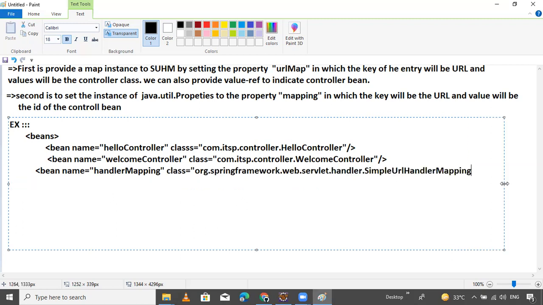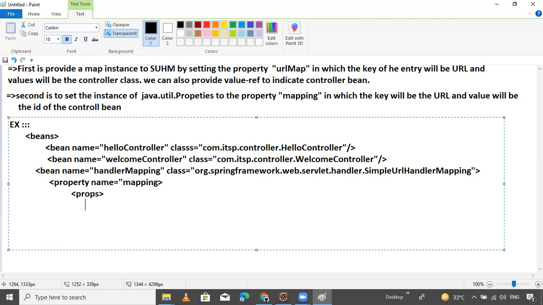Now you can provide it like that. Close this. Here you configure the properties using the property tag. Suppose the property name is mapping. Inside the property tag, we have props, which means any properties are there.